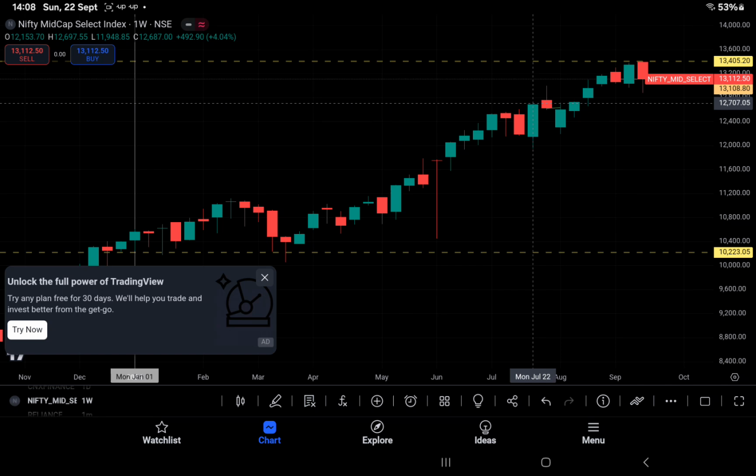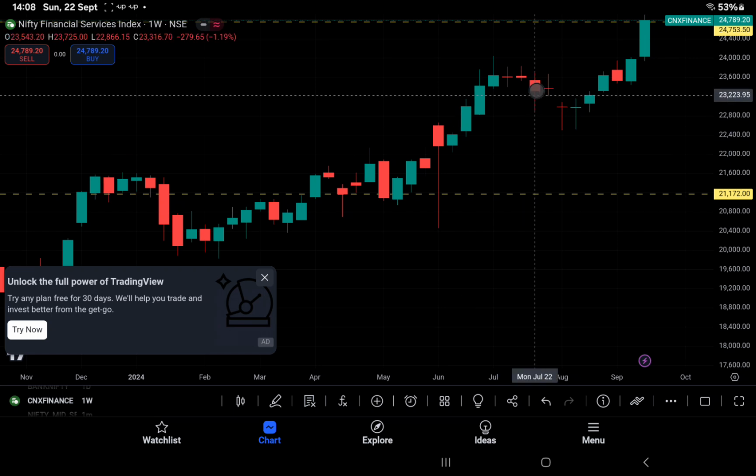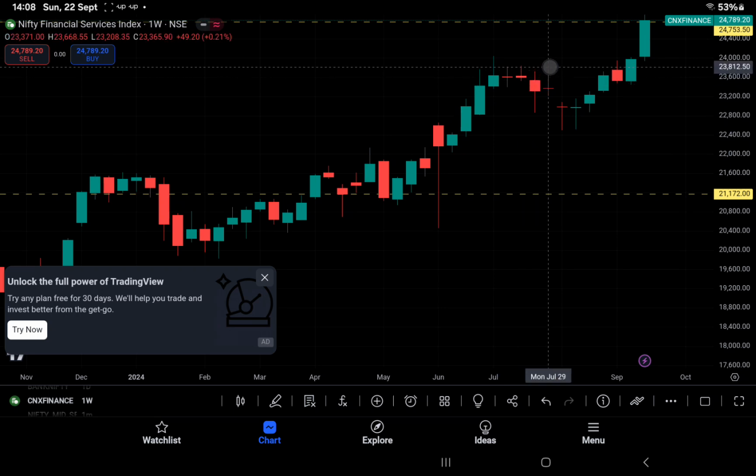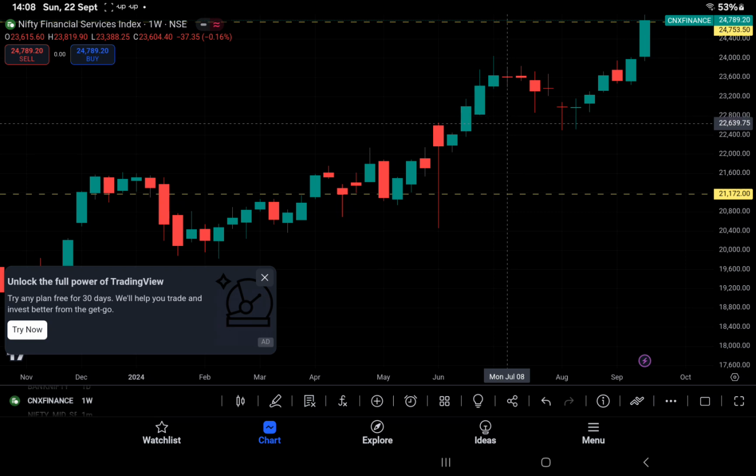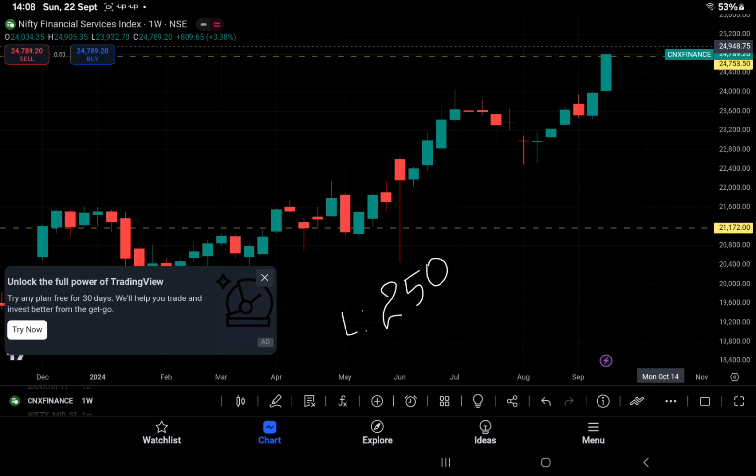Okay, I'll try to find out the minimum and maximum for 1 week in Finnifty. Okay, so wherever we find a doji candle, the smallest doji I could find is this one. So the range is 531 to 800. So 500 to 800, almost 250 points is the low, and the max we could see on any given day without any news is here. So from 23,950 to 24,950. So the minimum range, the low range movement is 250 for a week, and then the max it can go is 1000 points moving in 1 week. Okay,